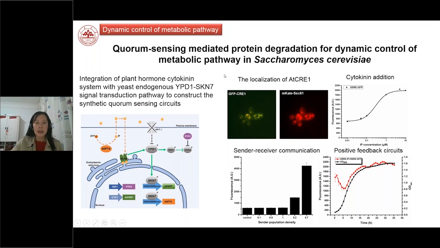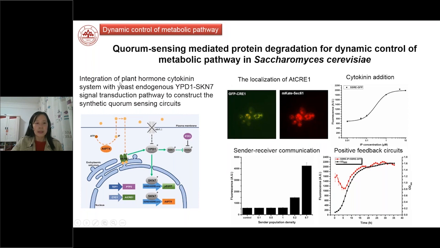Aside from that, there's also another very important system: the chrome sensing system. The chrome sensing system can sense the change of the cell density and respond and regulate downstream gene transcription. Initially, we expressed the bacterial Lux chrome sensing system in yeast, but it doesn't really work. So we had to borrow another system.